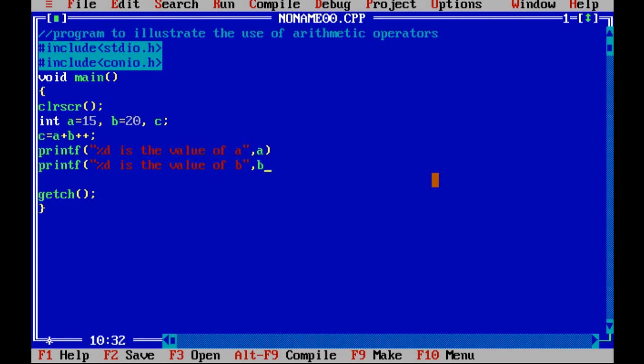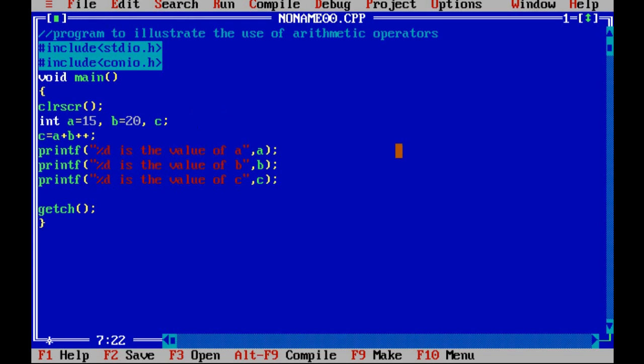Try to understand, this is very important. Then printf "%d is the value of C". Fine. Now first, try to guess what the answer will be.